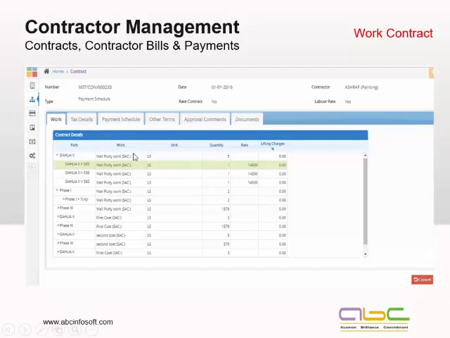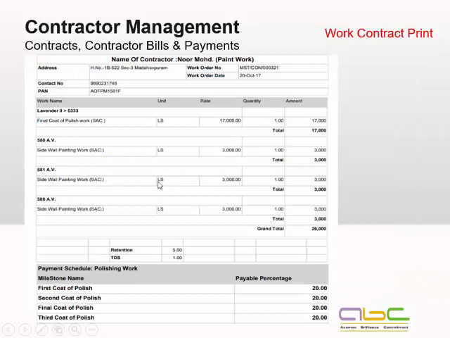Again, this is a very important document. Whenever we are giving a work order or a work contract, we'll be defining all the phases, the works, quantities. Again, that would definitely be linked with the BOQ, so that all the details would be coming from the BOQ itself. Now, this is one of the formats for the work contract print, where basic information of the contractor is there. What is the phase, what is the work to be done, rate, quantity, amount, any terms with this, retention amount, TDS amount, what is the payment schedule. So all those things would be totally transparently available here.